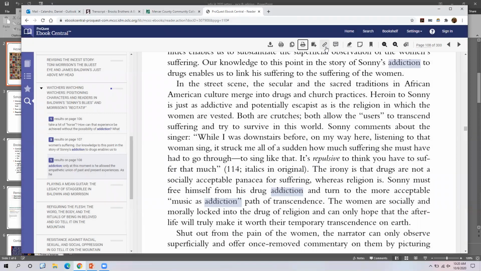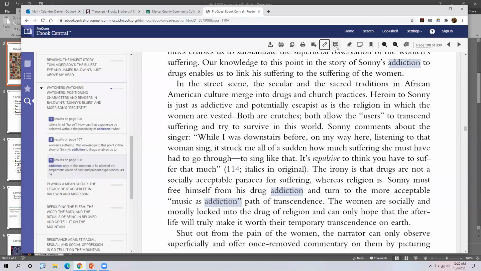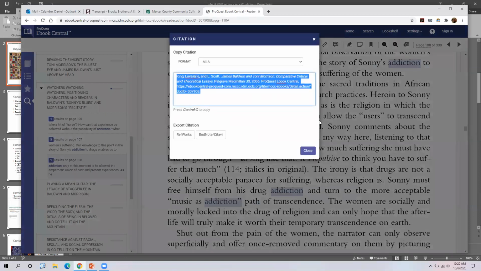It gives you also a little link here too, so you can click on that link. You can literally highlight, copy this, and paste it in an email to yourself, and it'll take you right back to this book. What's nice is it actually brings you back to the specific page you were on too, which is great. And then finally, you can generate the citation. So if you want, go ahead, click on the little Get Citation button there, and it will generate that citation. And again, you just have to pick the format that's right for you. Here it defaults to MLA.